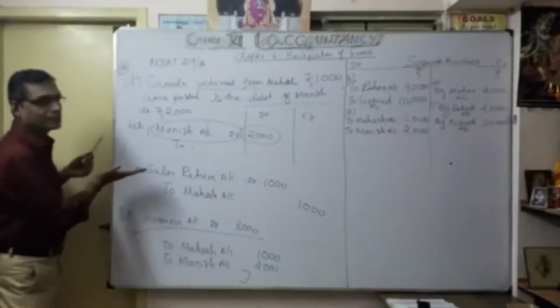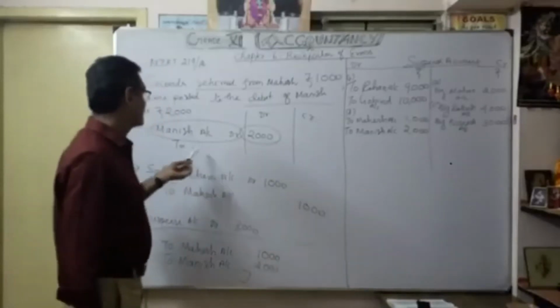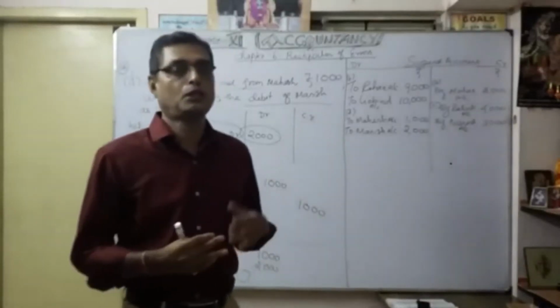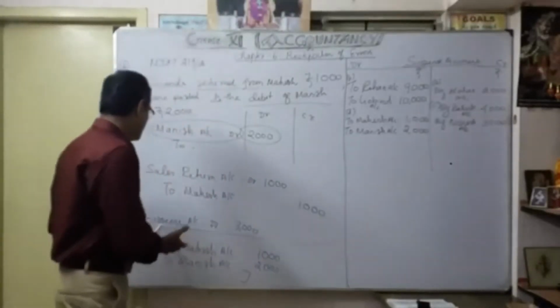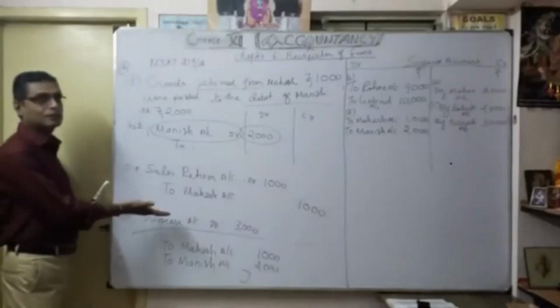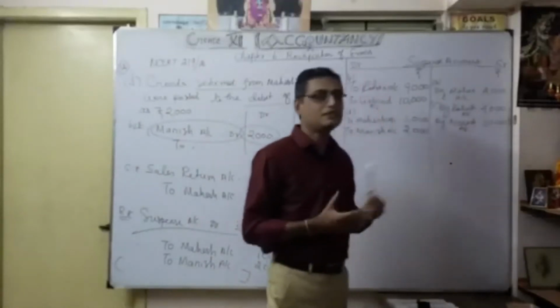Here you write the correct entry, then the wrong entry, because it is a one-side error. That's why I have written it like this, so you can understand easily for suspense account. How to prepare suspense account: whoever's debit is wanted or credit is wanted, accordingly you have to mention suspense account. Simultaneously open the suspense account. Posting is very easy.